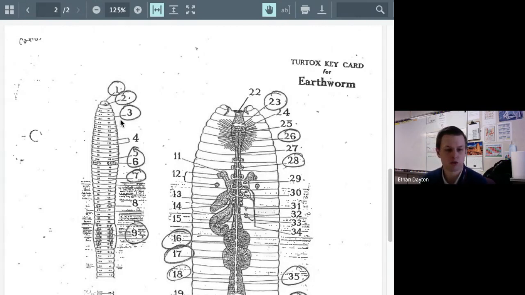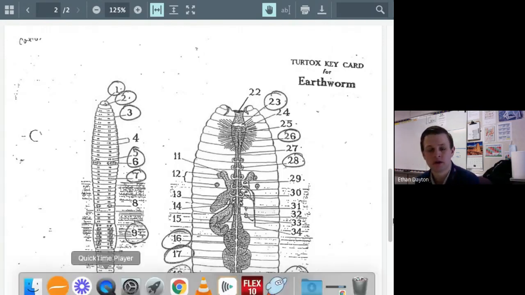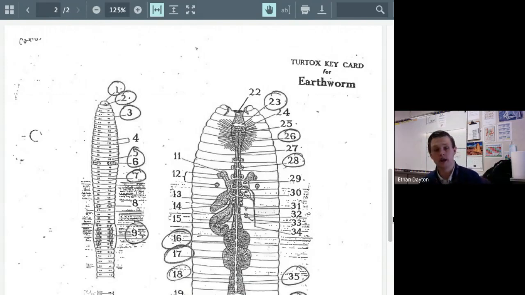What is one of them called? Ava, number 3. Segments. Yep, that's a segment, right? This is a segmented worm. No, it's just pointing at one of them, but there are many of them, as you can see on this drawing here. Okay, annelids are segmented worms. We are in the phylum Annelida, which means little rings. It looks like they have rings around its entire body. Thank you very much, Ava.